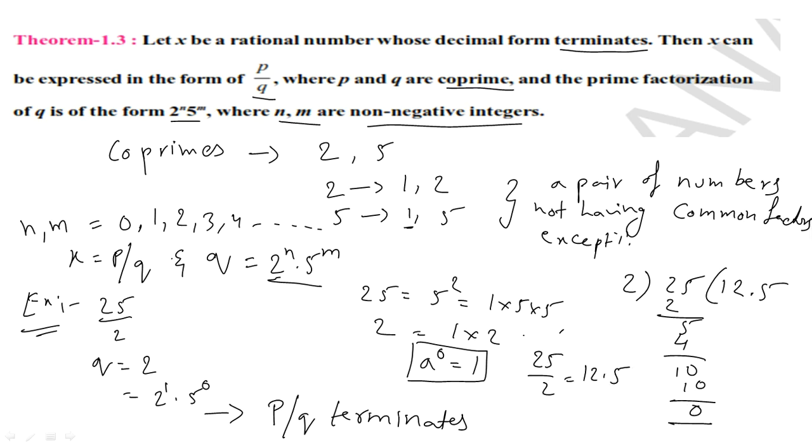So without doing the actual division, we can say that 25 by 2 is a terminating decimal with the help of this theorem. What is the use of this theorem, ma'am? If you were asked, in the form of any p by q, to tell whether it is a terminating or non-terminating decimal, then you can write it like this: 25 by 2 is a terminating decimal based on the theorem. Okay, is it clear? Now let's move on to the problems.